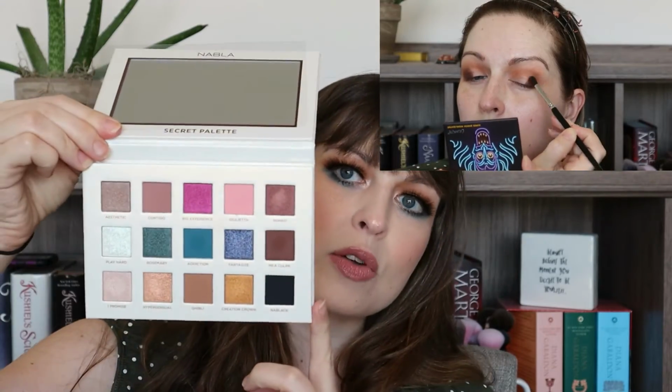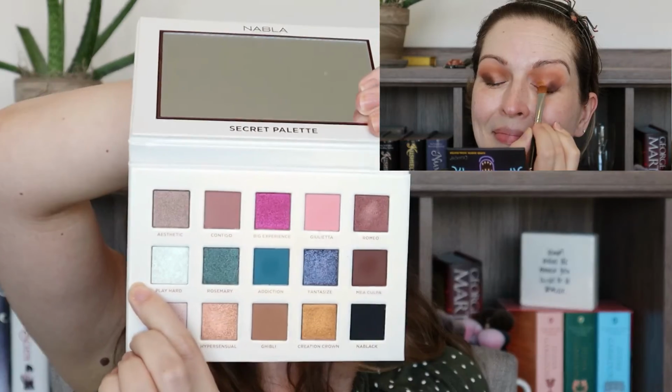And then when you open it up, these are all of the beautiful shades inside. So I have sort of mixed feelings on this. I think that the eye look that I put together today came out really nicely. But I did have a little bit of uncertainty as to what I was going to do with the palette when I opened it up. There's some shades in here that are very, very dry. For instance, Play Hard right here. Very dry. Like you put your finger in it and it's this really neat